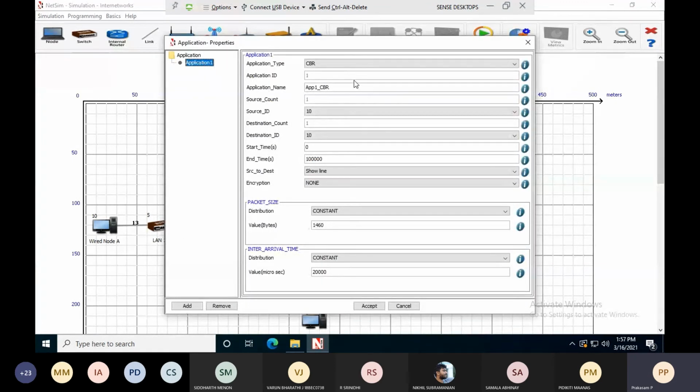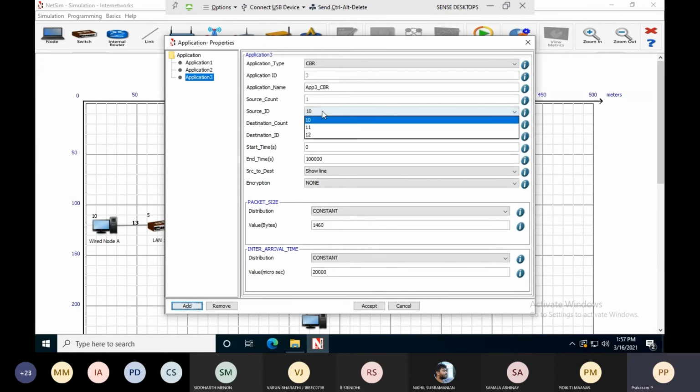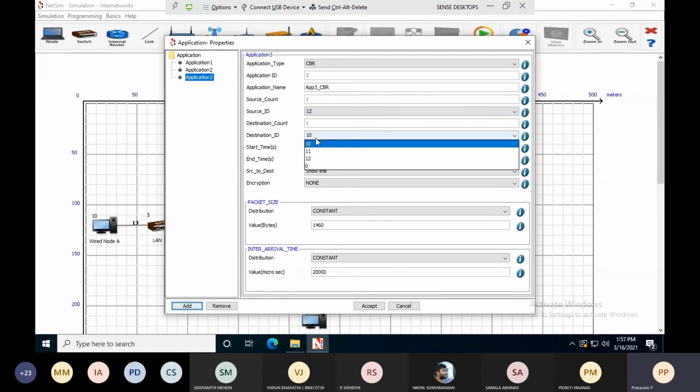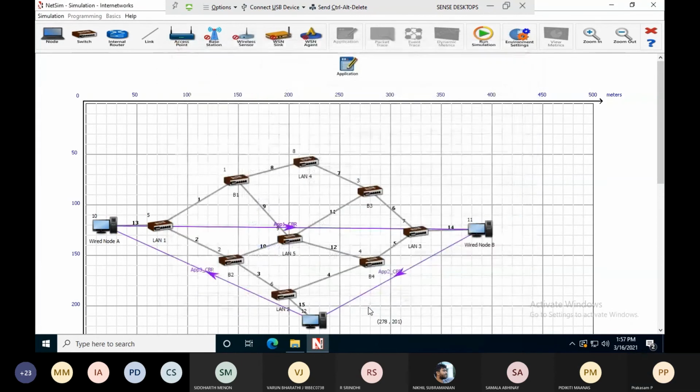The application type and all these things you can leave as default values. Source ID 10, destination 11. Add application, 11 to 12. Add application, 12 to 10. Accept.